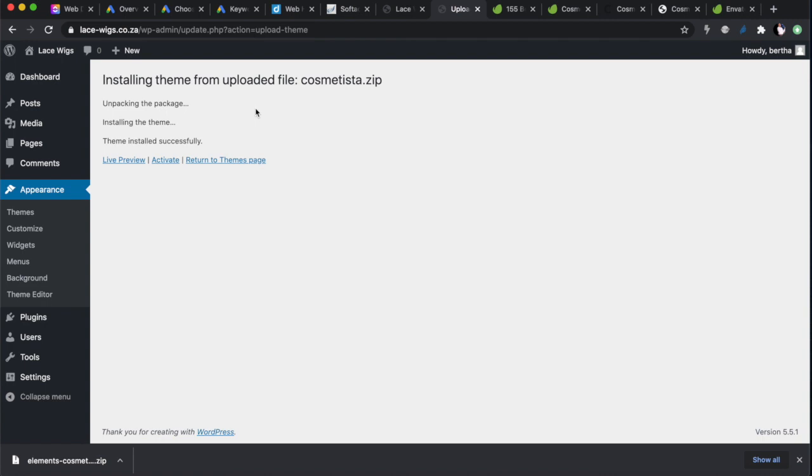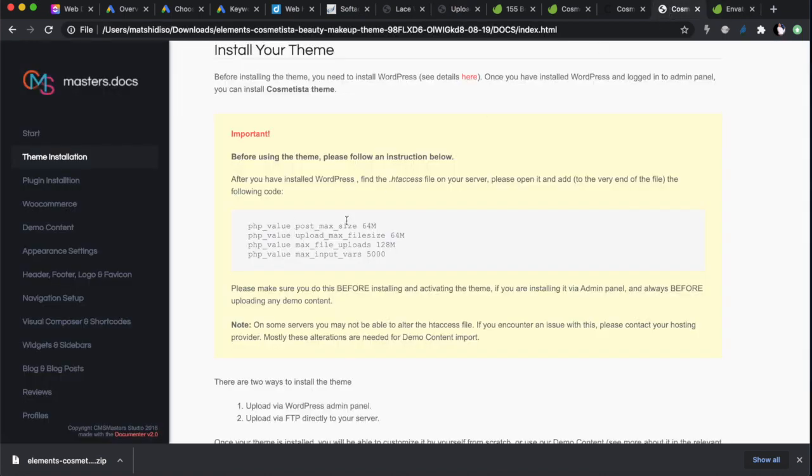If you do get an error and it doesn't install and it says the root, whatever, can't be found, what you need to do is go here and look at the max file upload. Just copy these sentences as they are and paste them in your htaccess file in your backend. I'm going to do it anyway because I don't want to have issues in the future, because typically they limit your htaccess, they limit the size of the files you can upload because they're trying to save your space.